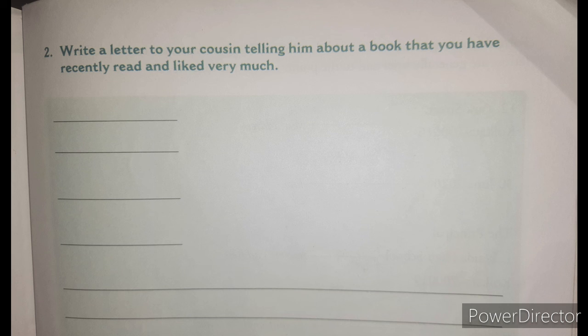On page number 104, I have explained how to write an informal letter. In that way you have to write this letter on your own. You can take the same address which I have given on page number 104. With the help of that you can write this letter.